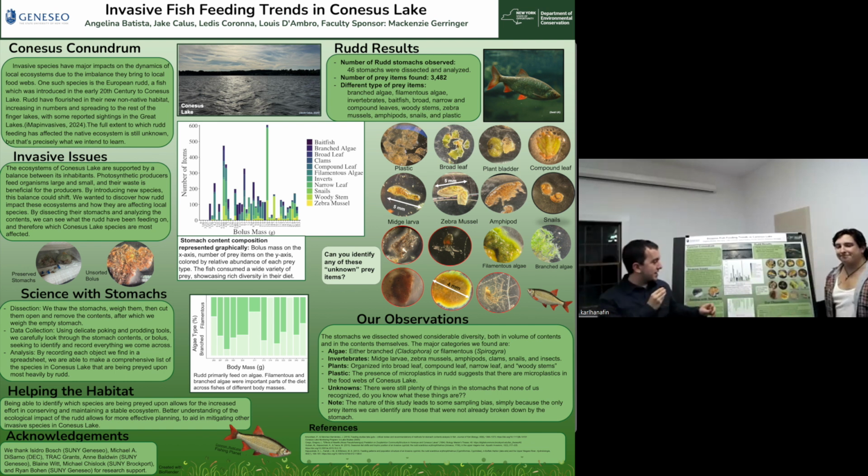As Jake said, this is the main stuff that we found. We also found plastics in the stomachs. And if we look at this chart, this is the breakdown of everything we found. As you can see, there's a lot of algae and zebra mussels in the amount we found in each stomach. I also find a lot of snails, a lot of the tinier snails. What we're looking at is whether there are any trends. What we want to do in the next poster session is compare and contrast the different seasons and the different weights of fish. We just got the information from the DEC, so we hope to be able to do that in the next session.